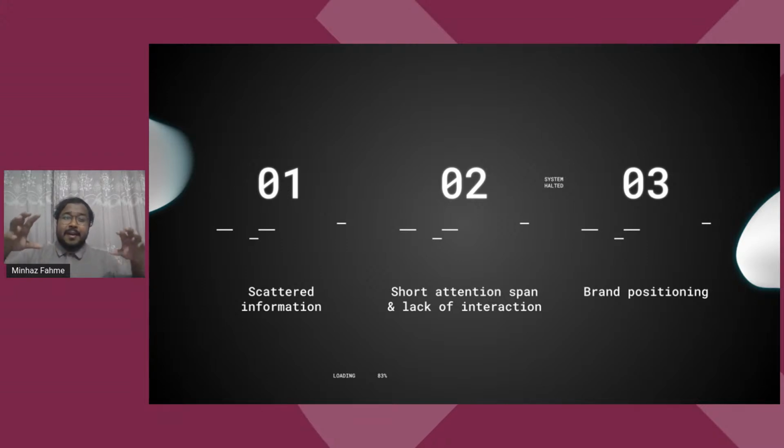So when it is scattered and you are trying to focus on something, it's very difficult, right? And as human beings, we have a very short attention span and lack of interaction, I guess. So these things need to be put together, one. And two, due to the short attention that human beings have, whenever you're trying to convey a message, you're trying to be empathetic towards me, so you have to remember that I have a short span and lack of interaction as well. And another thing that is important,